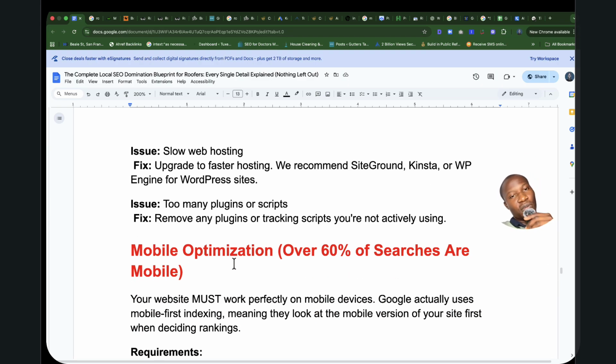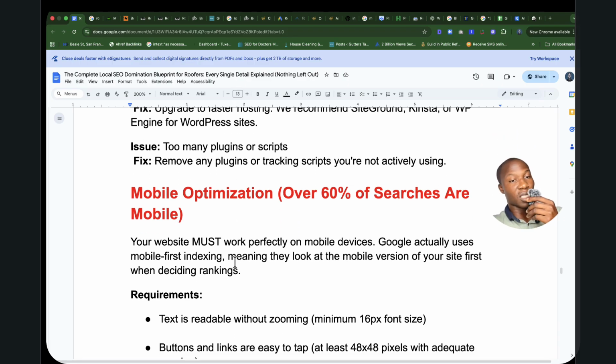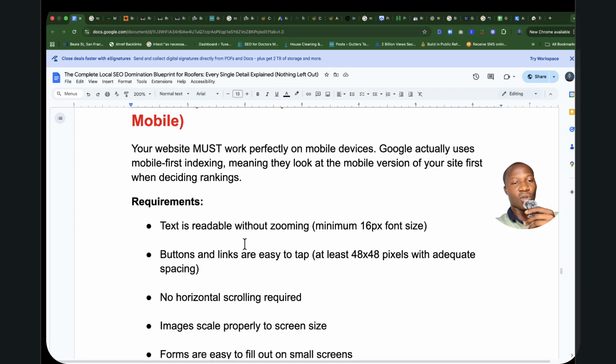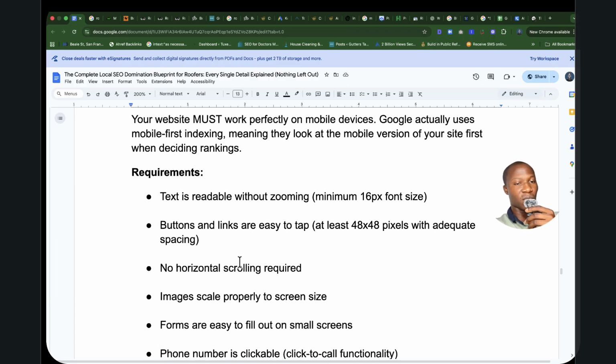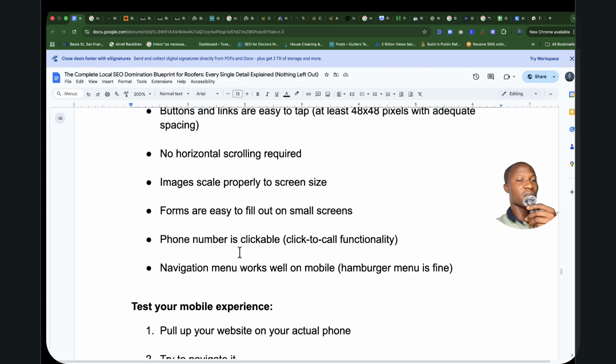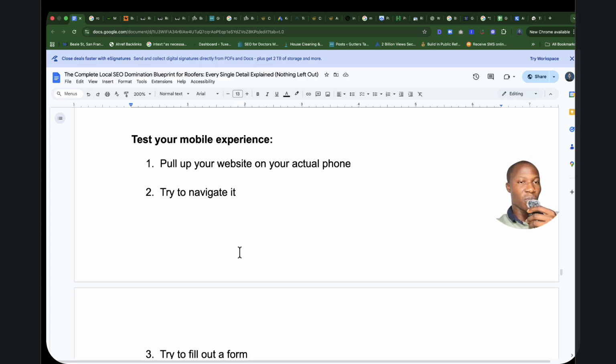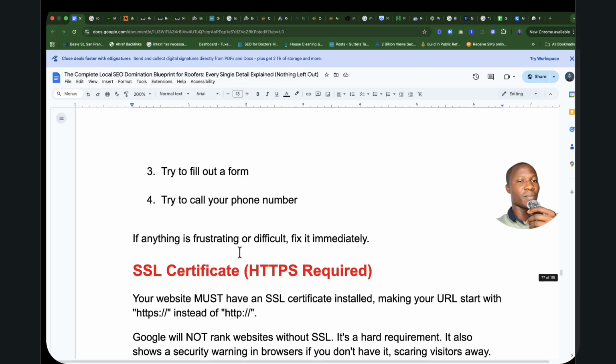So all of these are technical stuff, but it's something you could actually Google and search and see exactly how this can help you. Mobile optimization is quite important because most of the users who are going to be looking for your services are on their mobile phone. Hardly most of them are on their desktop. So you want to optimize for mobile phones. Make sure the buttons are clearly visible, your click to call, your forms, the images are scaled, your forms are easy to fill out, the phone numbers are clickable, the menu buttons, everything looks pretty fine.